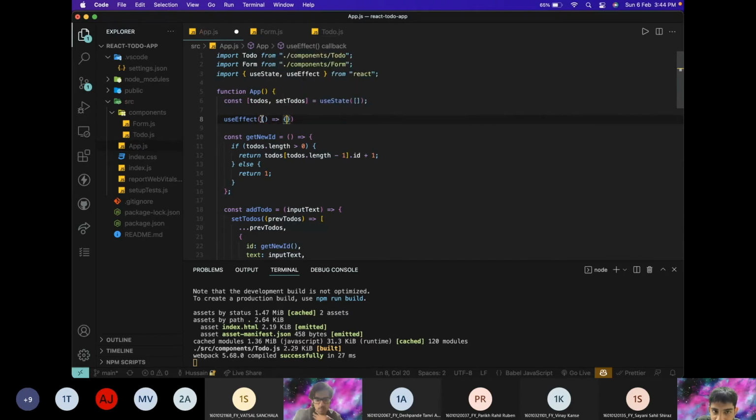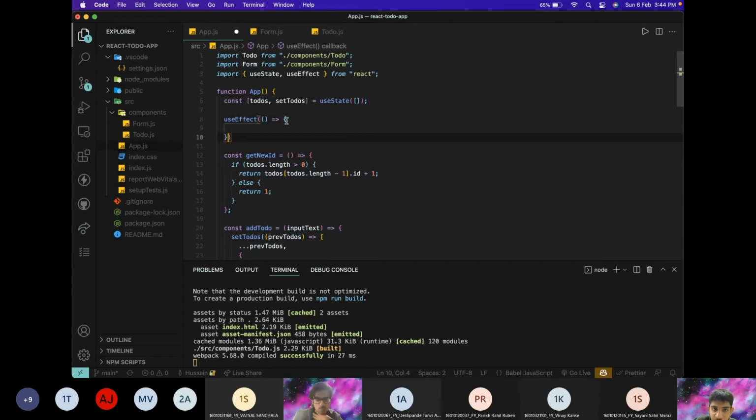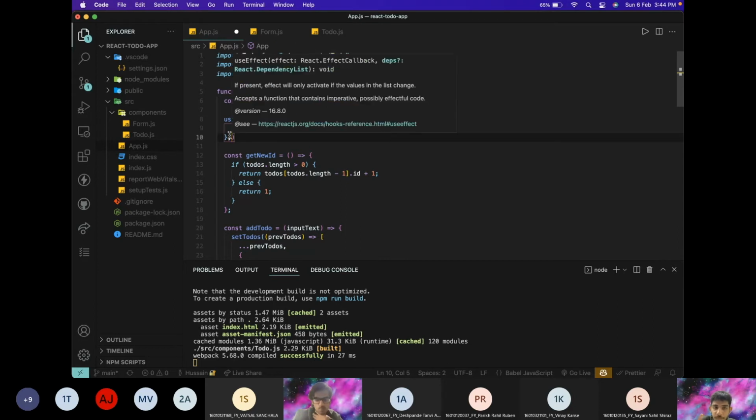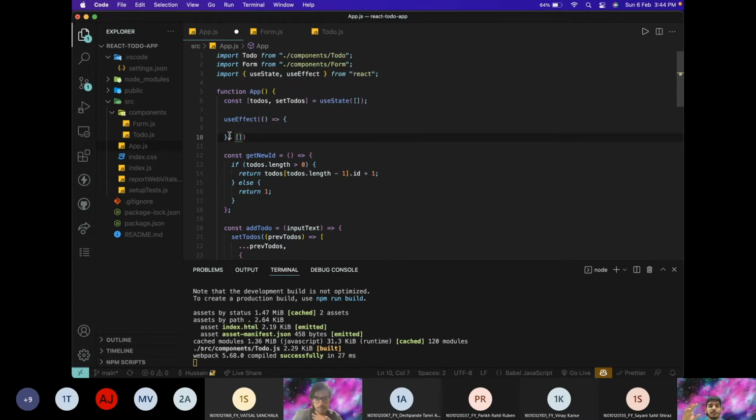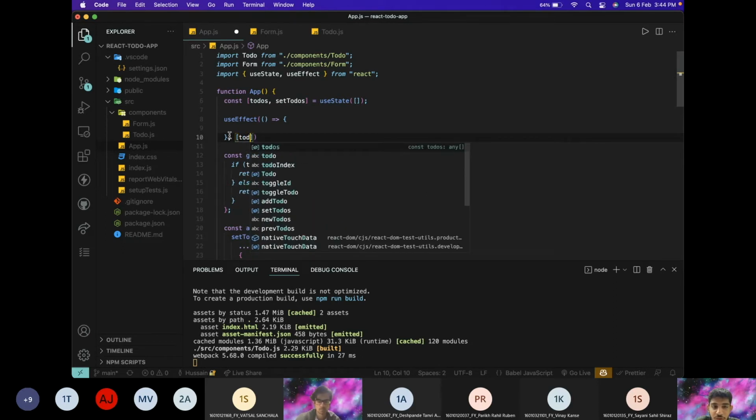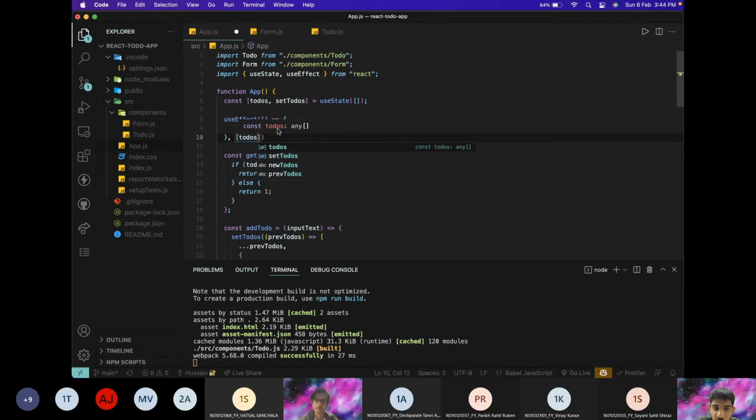useEffect takes in a function. I am again using this arrow function syntax, as many of you all might be familiar by now. और ये arrow function, एक function जो पहला argument हो गया, अब जो दूसरा argument है वो एक array लेगा, और ये array में सारे वो values जाएंगे जो change होने पर ये useEffect hook run होना चाहिए. All those values will go inside this array that we want the useEffect hook to run on change of those values. मतलब अभी अगर मैं इधर to do's डाल दूं, तो जब भी to do's change होगा